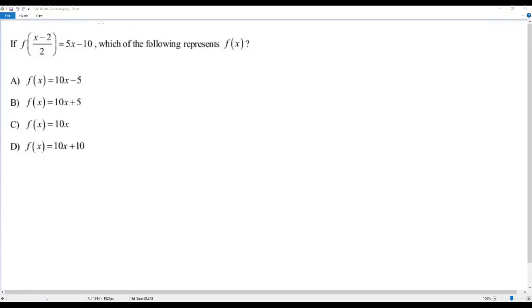Here we have a SAT math problem. Okay, let's go to the question. If f of (x minus 2)/2 equals 5x minus 10, which of the following represents f of x? Okay, here we have a function, but this function is not in regular format because inside the parentheses, we don't